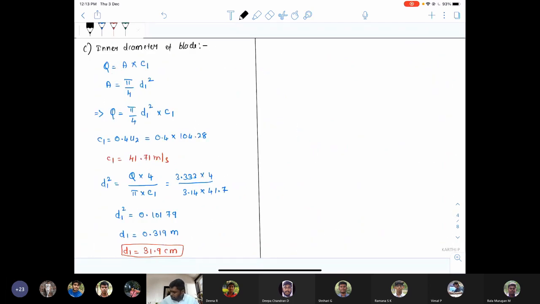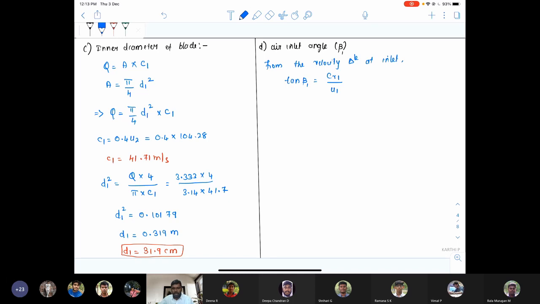Air inlet angle is beta 1. The blade angle is the air inlet angle. You should find the value of air inlet angle, which is nothing but the value of beta 1. Okay, from the velocity triangle at the inlet, we have found that tan beta 1 will be equal to CR1 divided by U1.